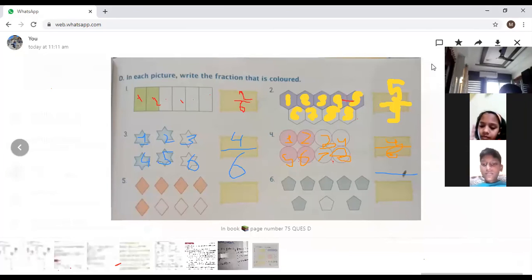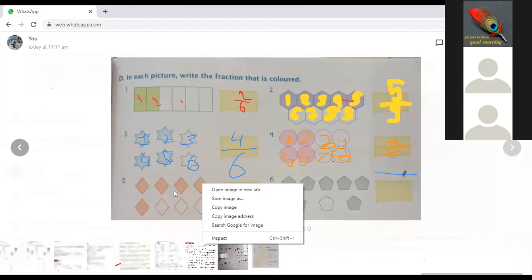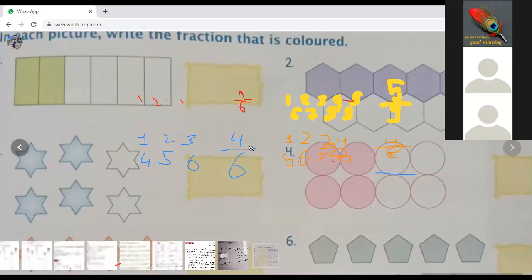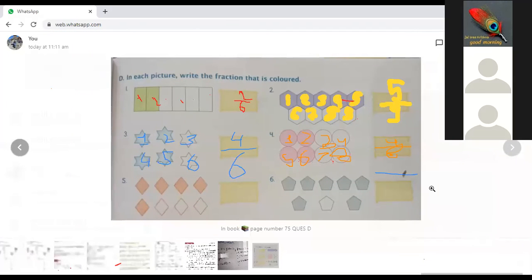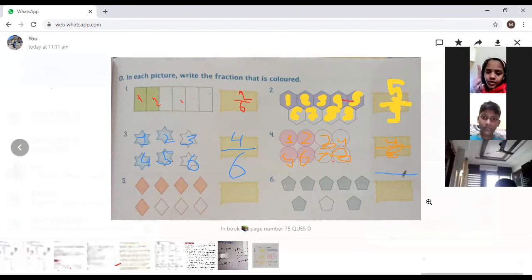Okay, now if somebody else wants to try the next one, Anushka. Okay, Anushka, do it. Fifth one. Do the fifth one, Anushka. What is happening? Yes, Anushka, you can do it now. Anybody else wants to try? They may raise their hand in their videos. Ma'am, I want to try. Okay, Anjali, try.